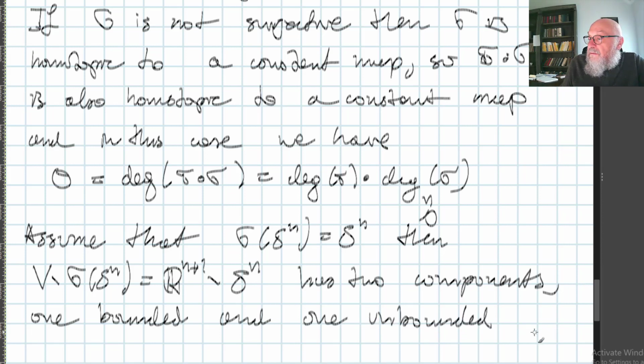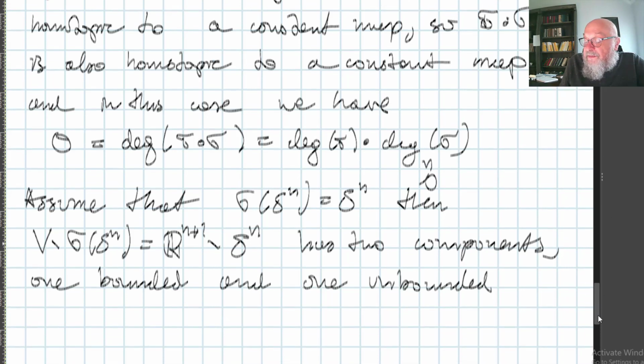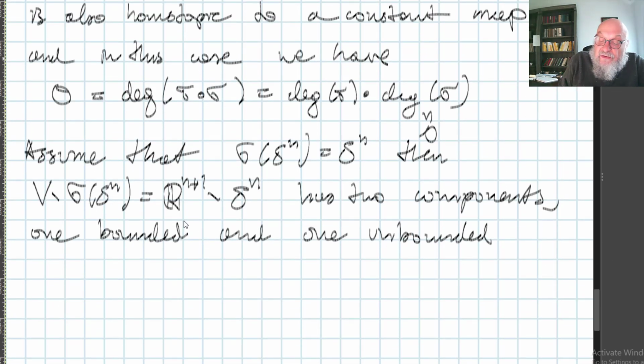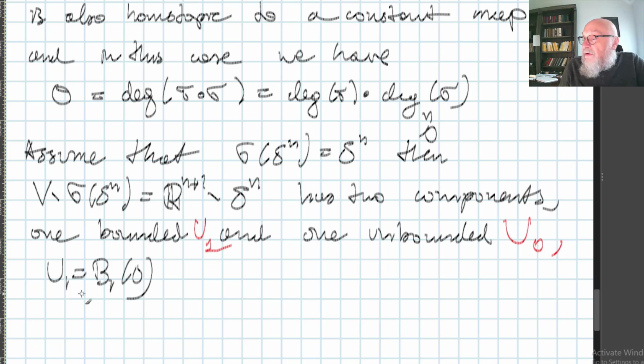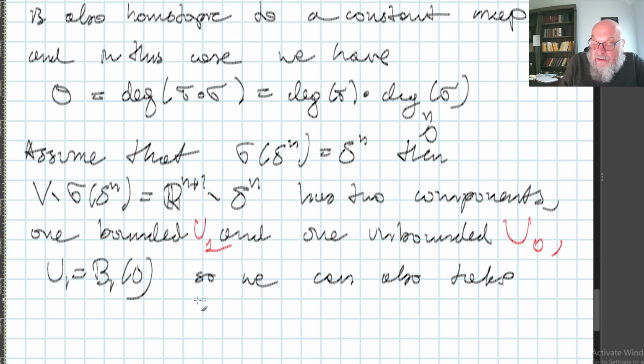Which means bounded, put it like this, U1, and unbounded U0, and of course U1, which is equal exactly to this particular value. So in such a case, we can also take P1 is equal to 0, and by the composition formula,